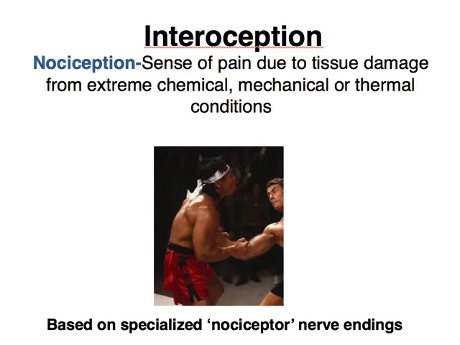Nociception is the sense of pain. Again, this is a form of interoception, which is based on the sense of pain due to tissue damage from chemical, mechanical, or thermal conditions. And it's based on these specialized nerve endings that specifically respond to the kinds of stimulation that can lead to tissue damage. And so again, this is an example of a sense and a perception that has to do with